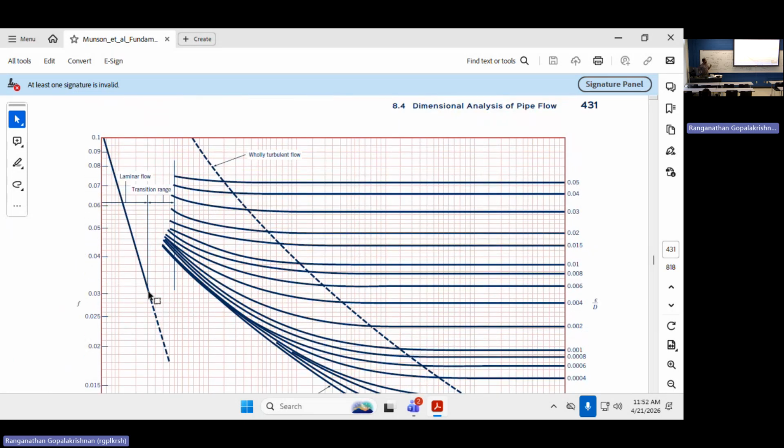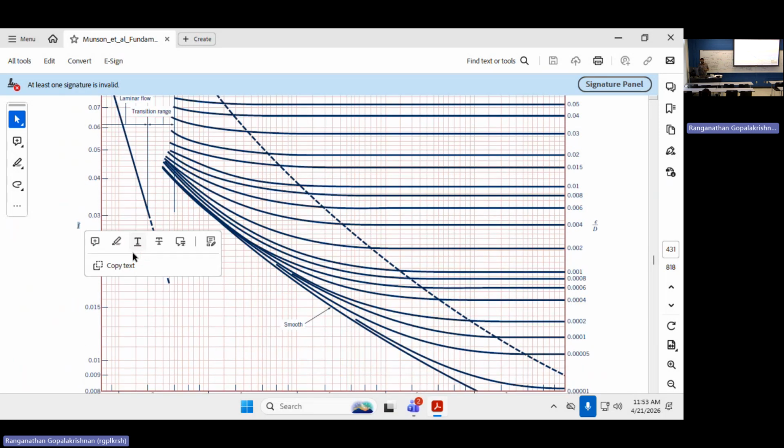So until 2300, this curve or the analytic formula 32 divided by Re can be used exactly to compute the friction factor. The implication is, if the flow is laminar, it doesn't matter what your pipe roughness is; whatever disturbances the roughness will introduce will get damped out by the viscous action. Okay. If you are beyond 2300,